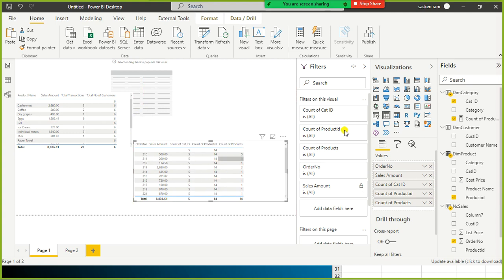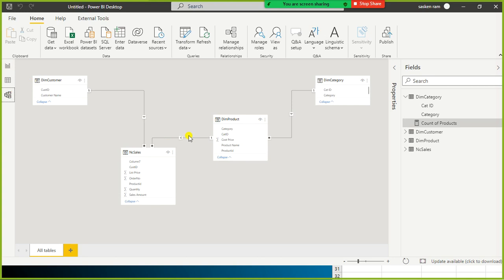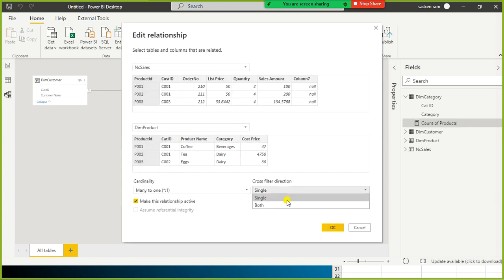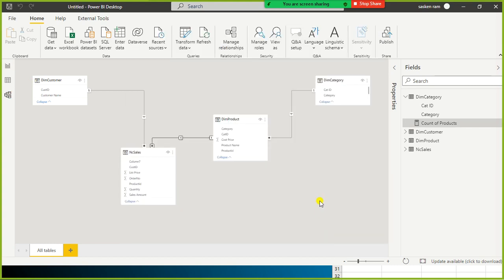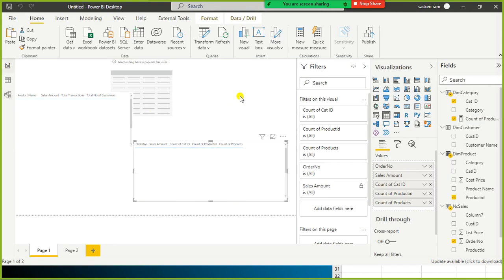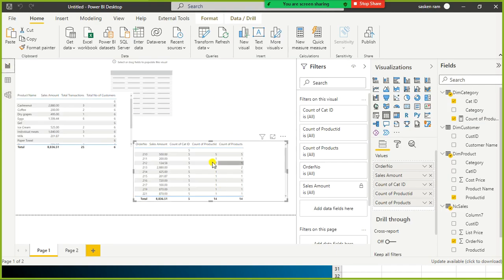To cross verify whether the measure is doing it correctly or not, temporarily I just go and make this relationship bidirectional. Look here, both of them are matching.